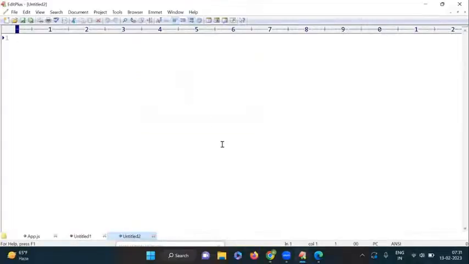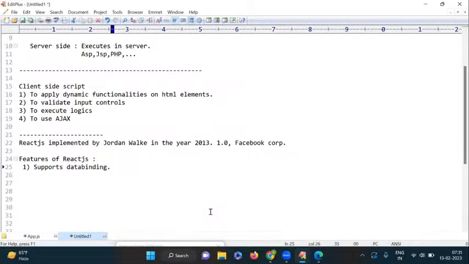It is very important, and it reduces the hectic work for the programmer. Because it provides such flexible functionality, I will explain how to work with data binding. That concept I will discuss with you. So React supports data binding. Okay, next one here,